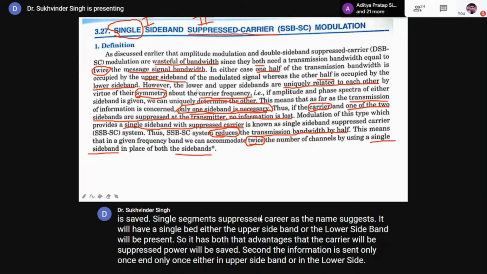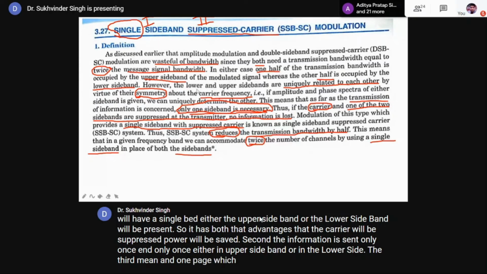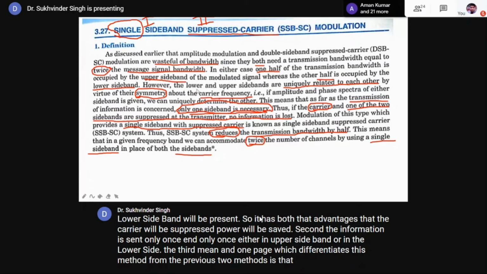The third main advantage which differentiates this method from the previous two methods is that due to upper sideband and